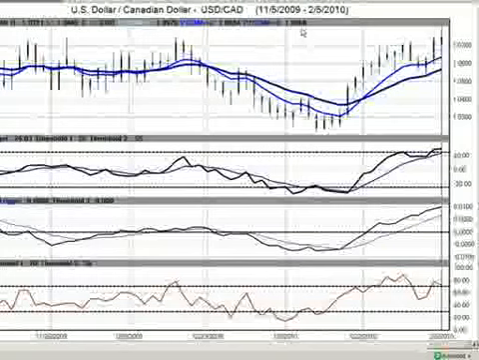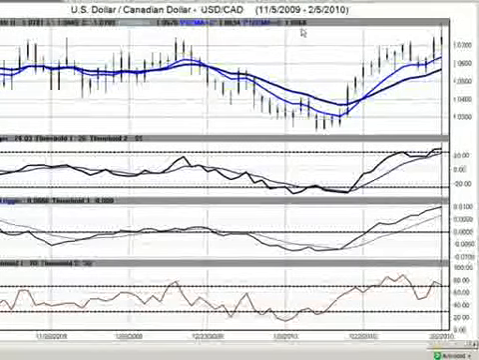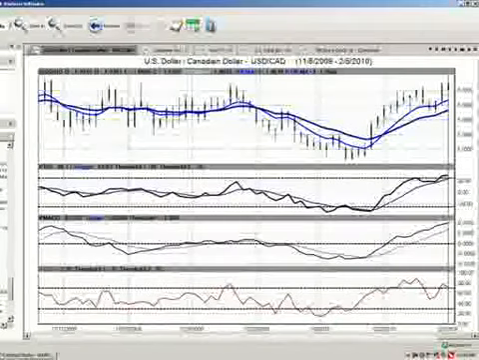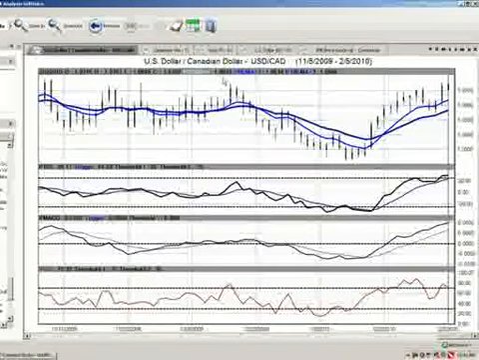So for now, we're going to be looking for a pullback towards the 105.66 area, at which time we can consider staying with the current trend and getting into buy positions. But again, my concern here, we can see a number of candlesticks in this 107.50 area, which is certainly